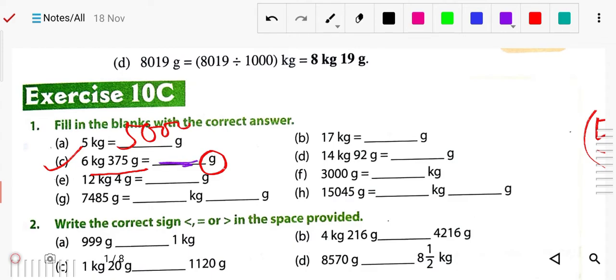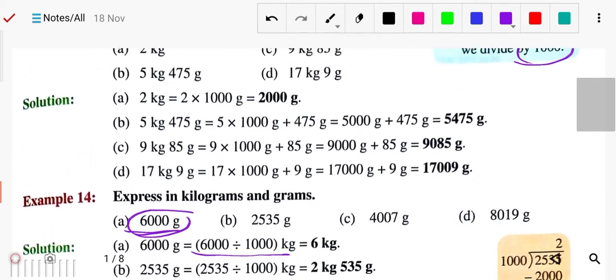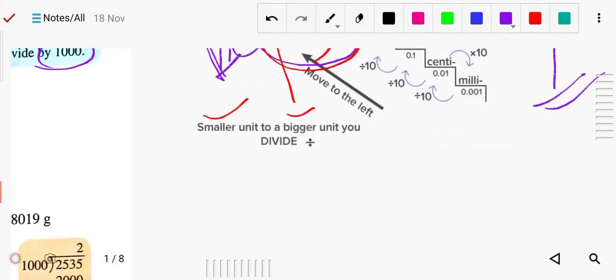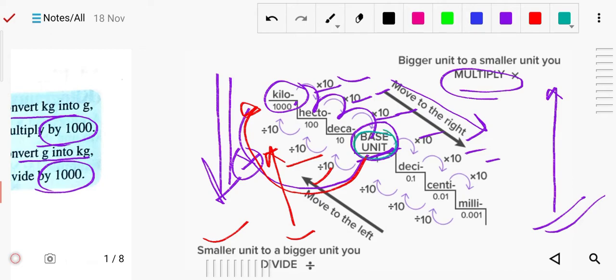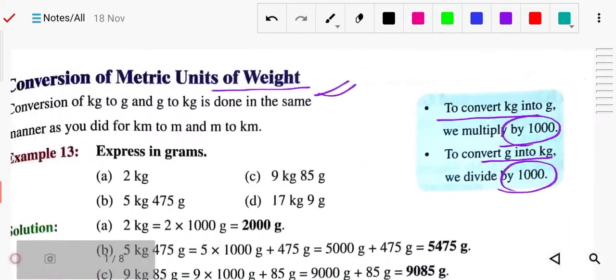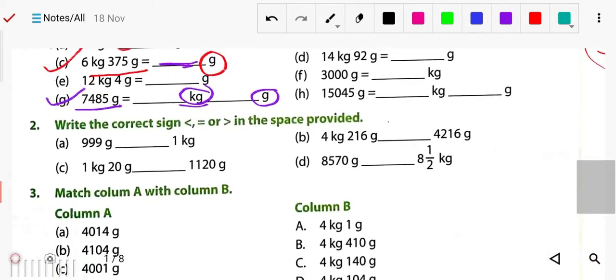6375. Likewise you can do one more example. I just see number G, 7485. Okay, and you have to convert in the kilogram as well as in the gram. It means we have to divide, because gram to kilo we have to go. See here in this chart, gram to kilo we are going. In this chart you can see here is the gram basic unit and we are going to kilo. So means 3 step up we are going, means lowest to highest we are going. It means we have to divide. 3 step means 1000. Okay, so here we will divide it.